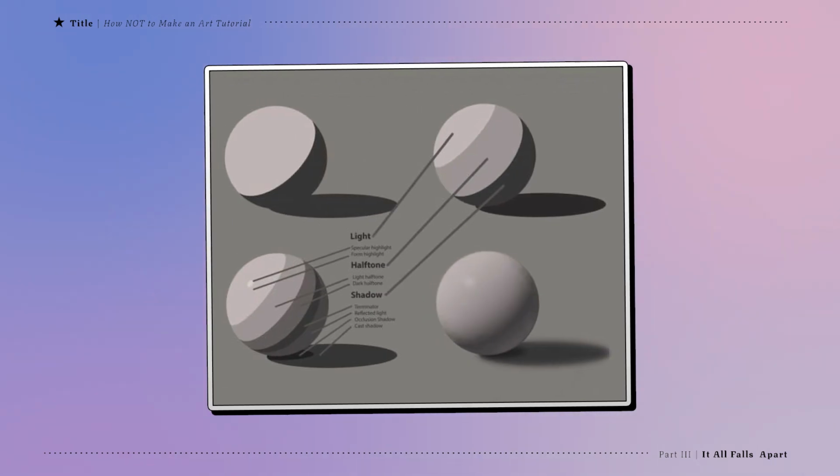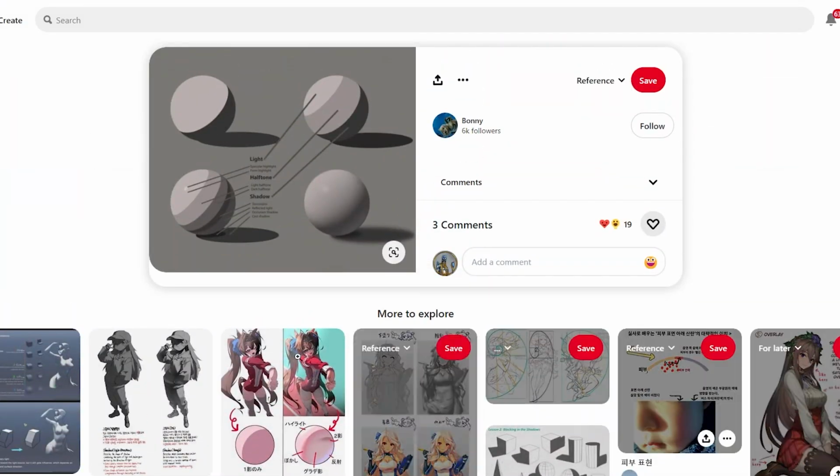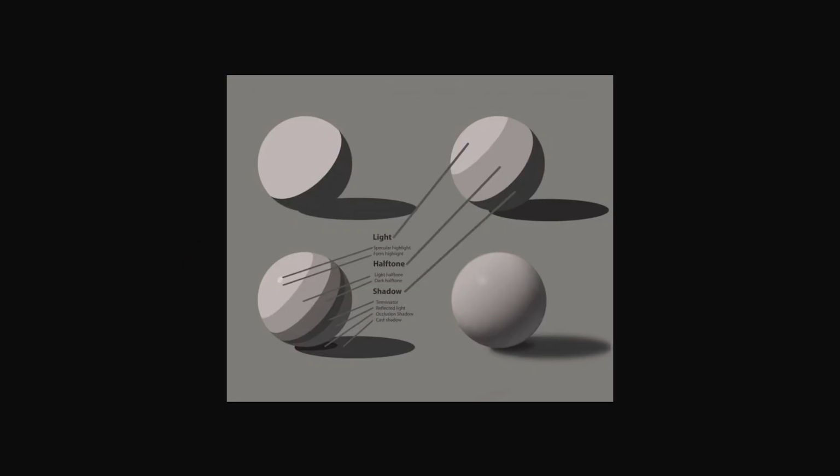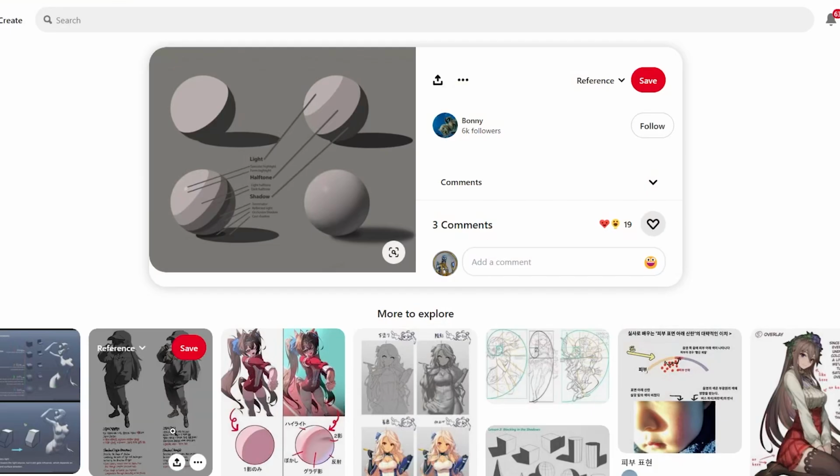In the end, I did find a good reference detailing the value differences of each part of the ball from Pinterest, but I couldn't really find the original source to credit this image, so if any of you know, feel free to just leave it in the comments, I guess. I'll try to leave a link for it down in the description too, but I'm not sure if YouTube lets